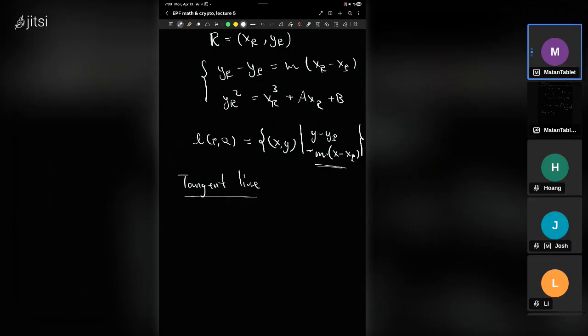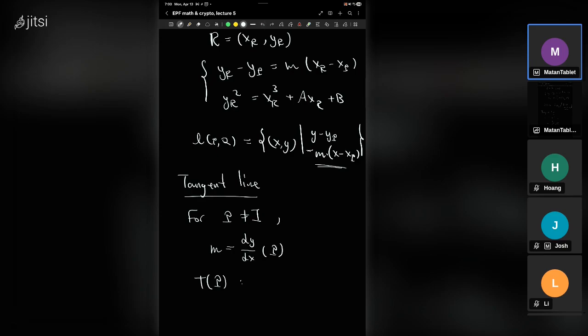A tangent line is going to be a similar equation, for P not equal to the point at infinity. I take m to be dy/dx evaluated at P. And then the tangent line at P is going to be an equation exactly of this form,